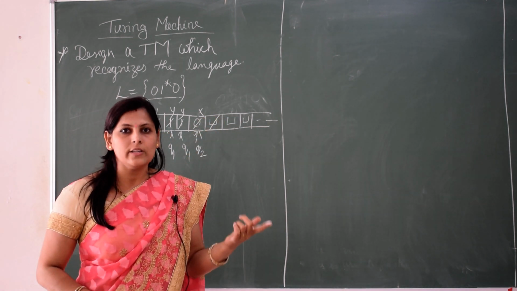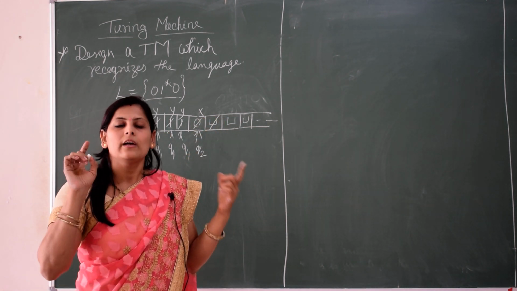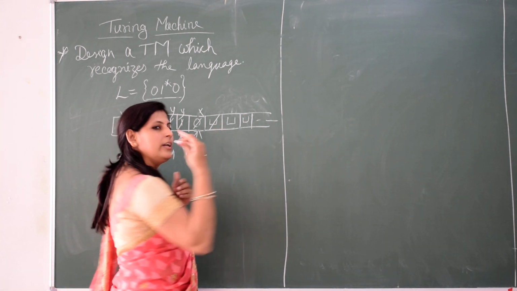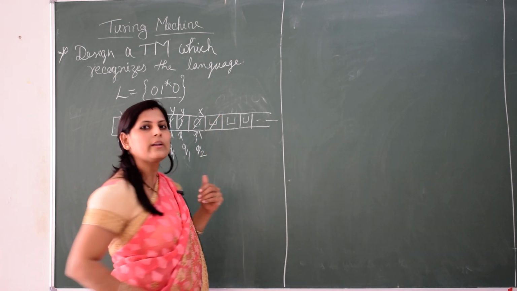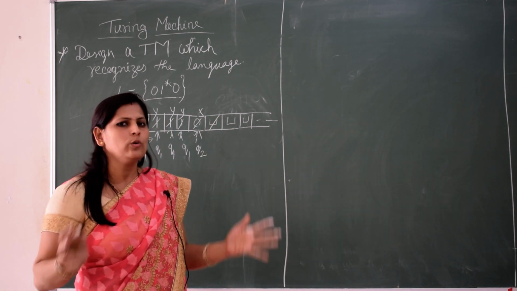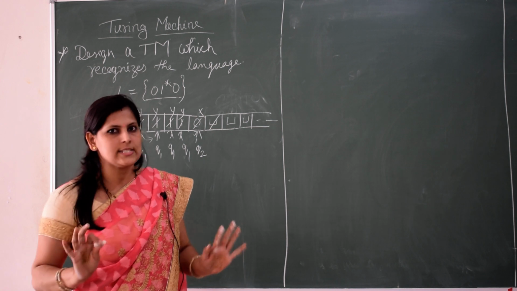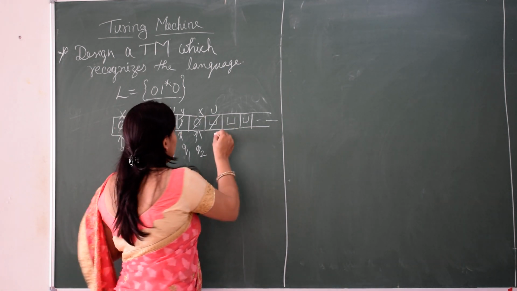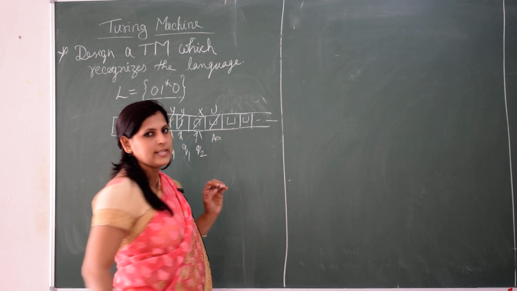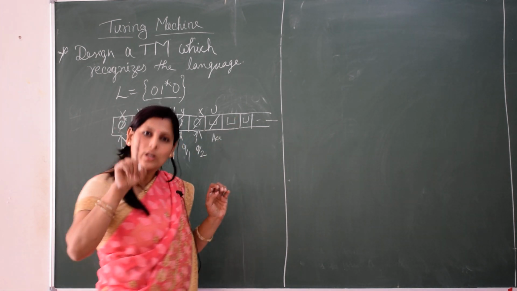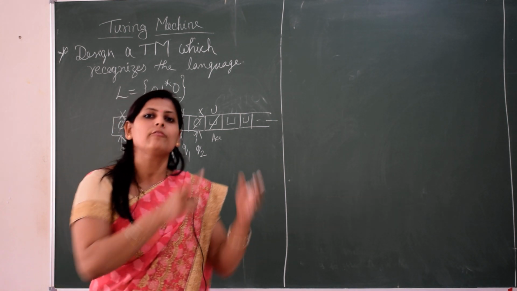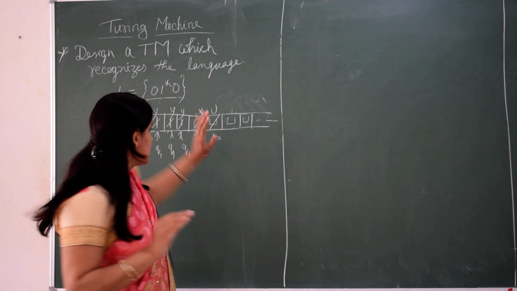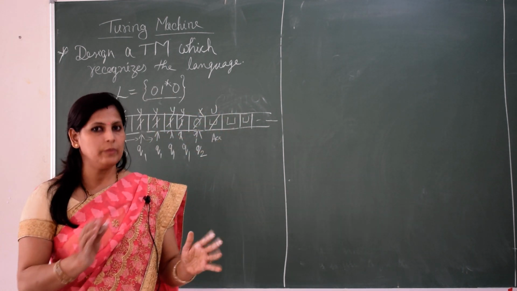We have already read one concept, that if we don't want to change any symbol, any update, we'll leave it as it is. So right now we are reading blank and we don't want to change anything. We'll leave blank as it is. So blank is read with blank only, and this string will be accepted. Since we got one blank, it is understood that we'll have n number of blanks now. I hope the logic of how it will work is clear to you.